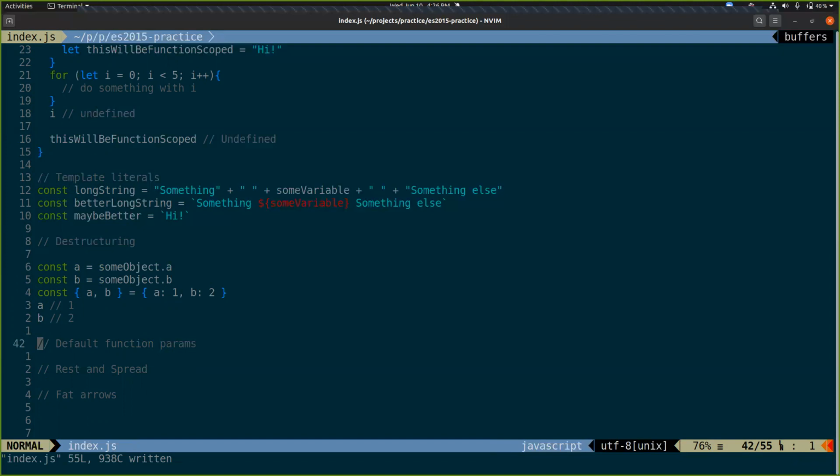Questions about destructuring? So you can do that with any object? Any object.